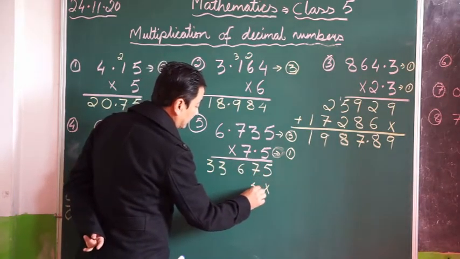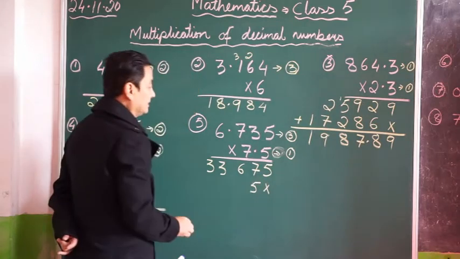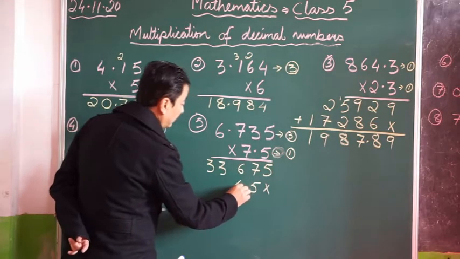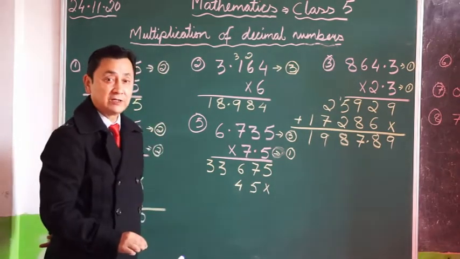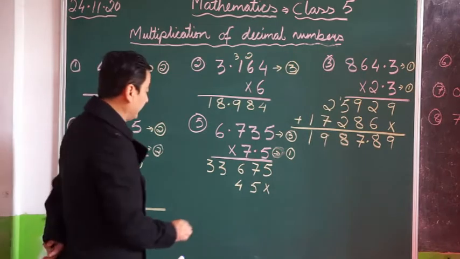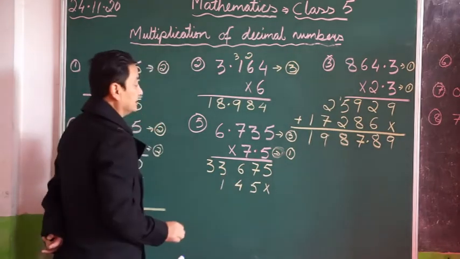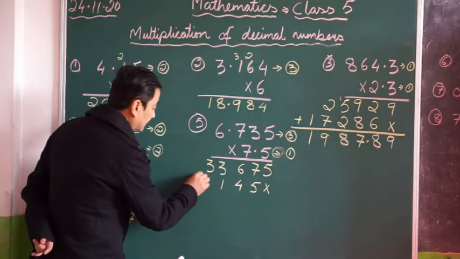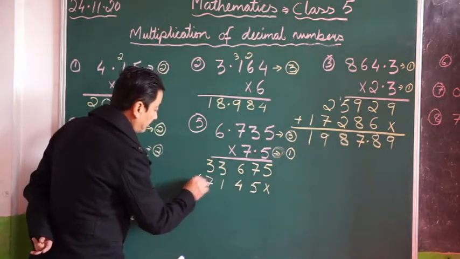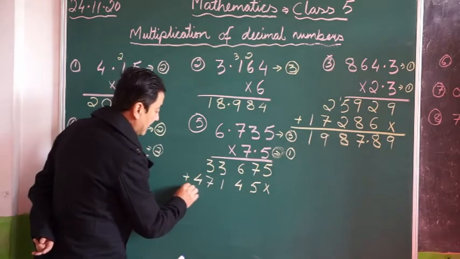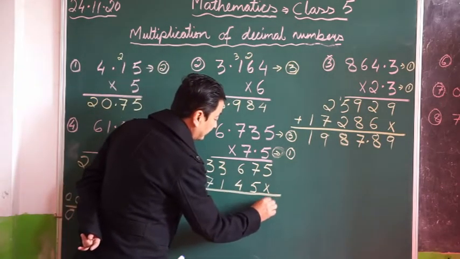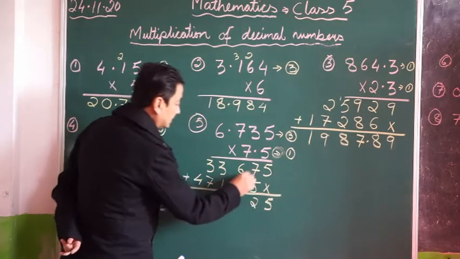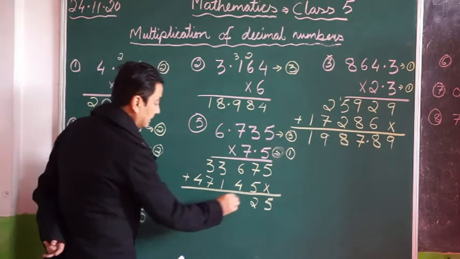7 5s are 35. 7 3s are 21 plus 3, 24. 7 7s are 49 plus 2, 51. 7 6s are 42 plus 5, 47. Then we add 5, 7 plus 5, 12, carry 1, bring down 2, 6 plus 4, 10 plus 1, 11,